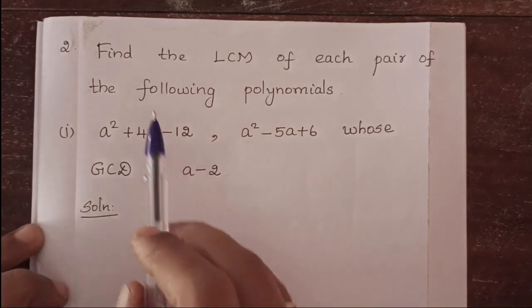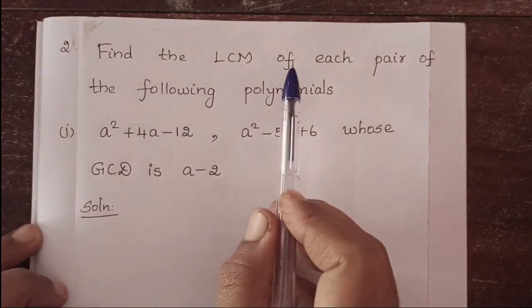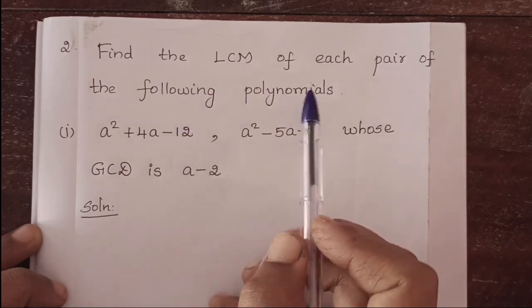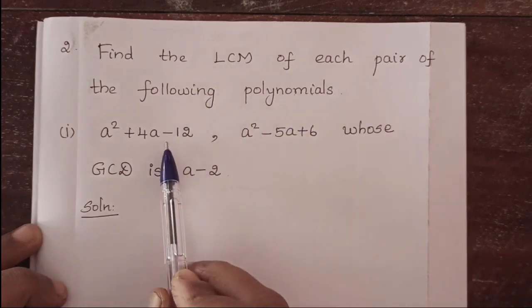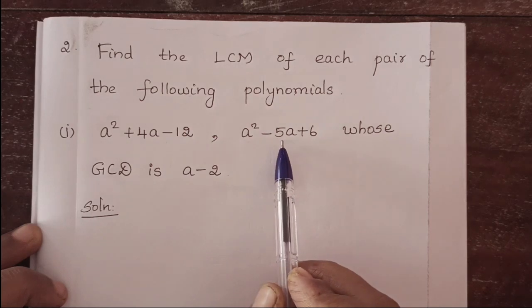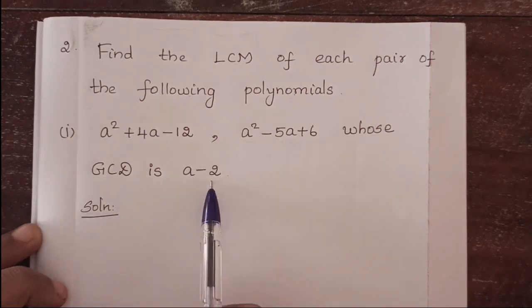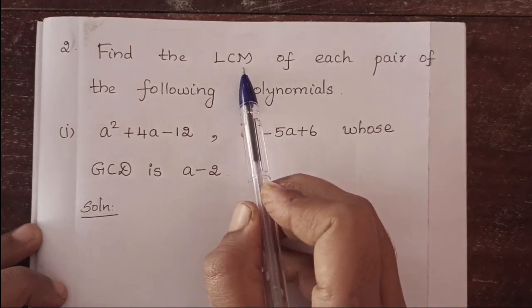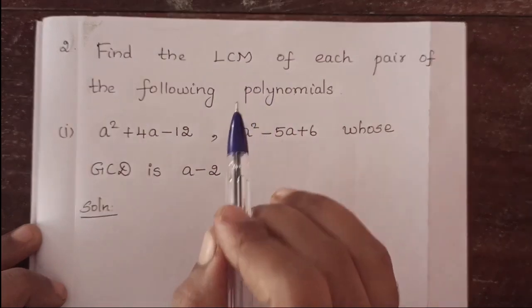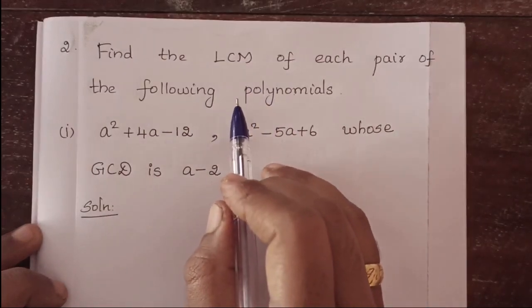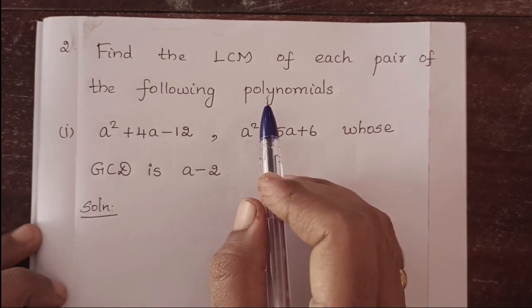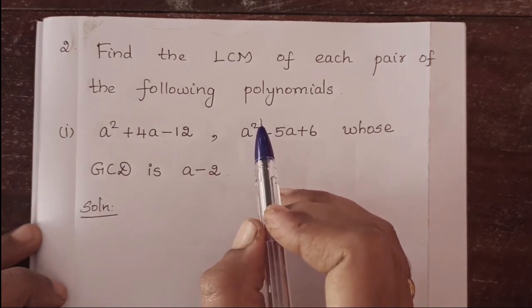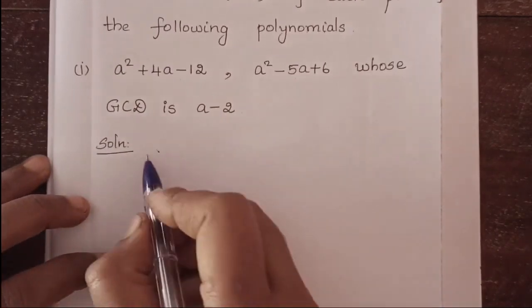See the second question. Find the LCM of each pair of the following polynomials. Given the following polynomials, this is the first polynomial and this is the second polynomial, and the GCD is given, we need to find the LCM. So surely we need to apply the formula. What is that? LCM into GCD, which equals f of x into g of x. First we need to write the given data. Given